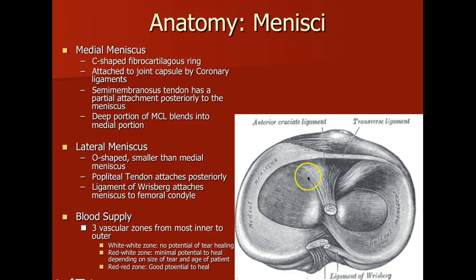And as you can see here, if you're actually looking at real meniscus, if you were to, let's say, cut the knee in half and look down on it, the medial meniscus, the inside meniscus, the one on your inner knee, looks more C-shaped. It doesn't fully close, whereas the lateral meniscus is going to be more O-shaped.